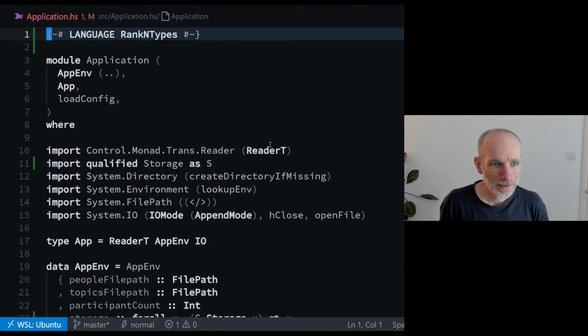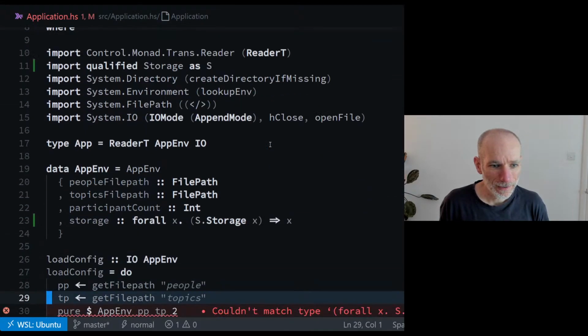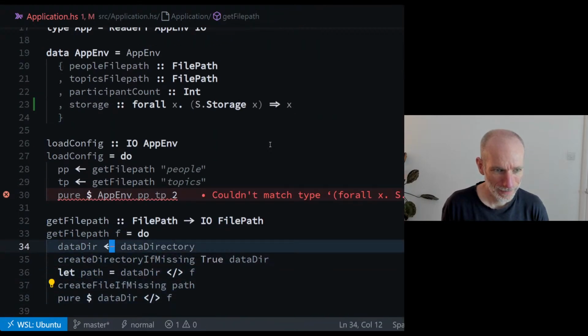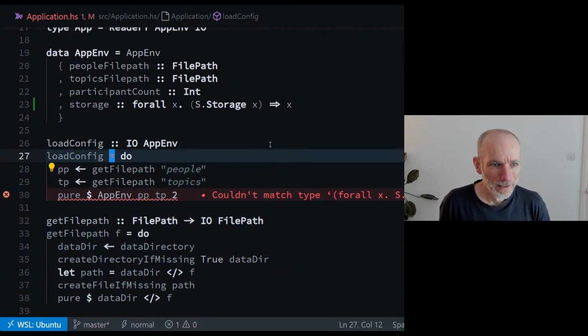It just said adding rank n types, and I don't know if that's exactly what I want to do. Oh, okay, we'll see. For any x, if x is storable, then it can be used for this storage. Okay, and then load config